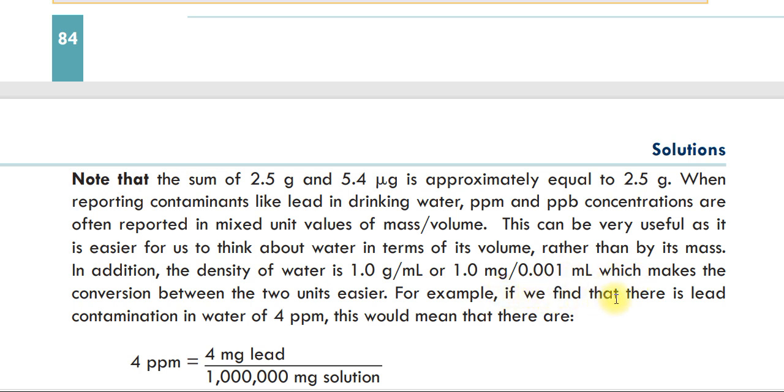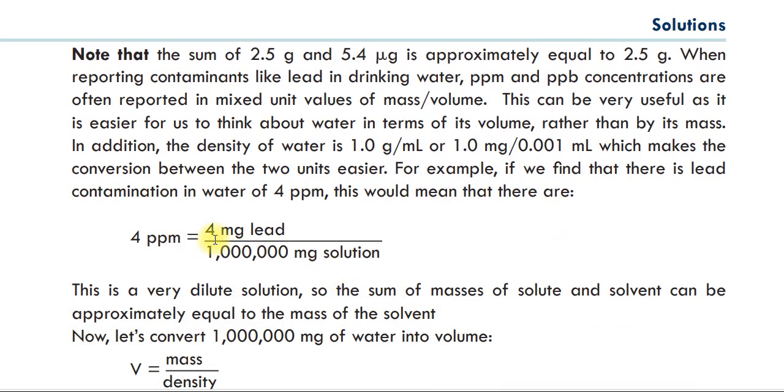For example, if we find that there is a lead contamination in water of 4 ppm, this would mean that there are 4 ppm, which is equal to 4 milligram lead per 1 million milligram solution እንደማለት ነው። 4 ppm 4 per million እንደማለት ነው። 4 per million 4 over 1 million and ሜዠርመንቱ በምንድን ነው? በሚሊግራም በሚሊግራም።